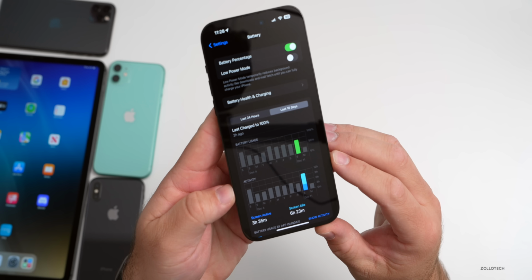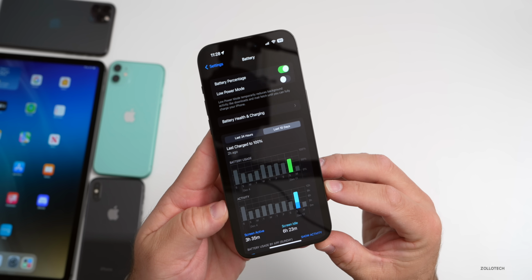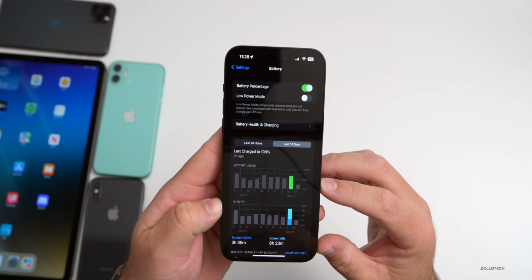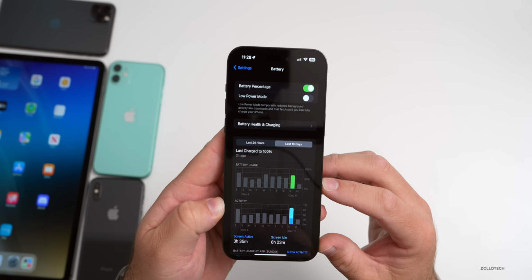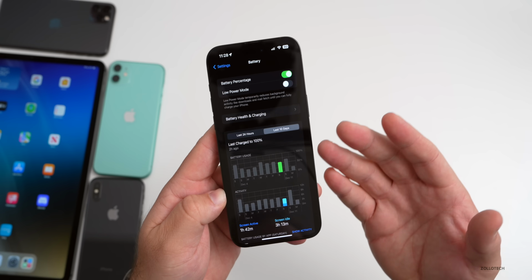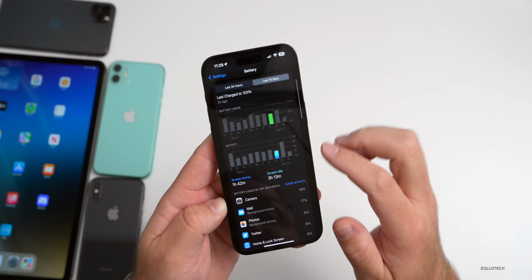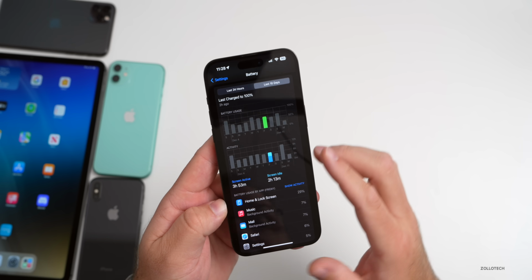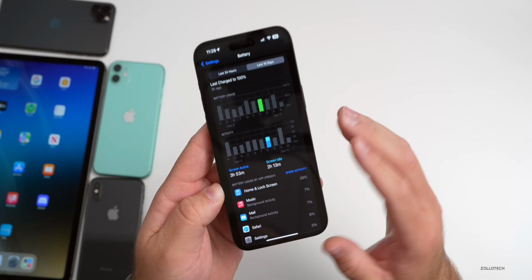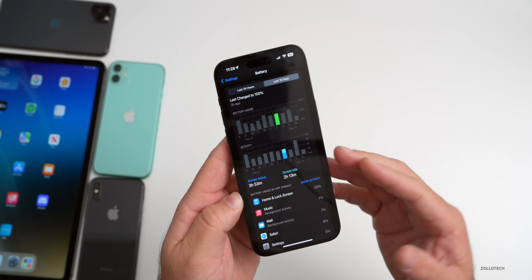So I have 3 hours and 35 minutes of screen on time, 6 hours and 23 minutes of screen idle time, and I've used about 65% of the battery. Depending on the day, depends on how well it does. My home screen seems to use an awful lot of battery most of the time, home screen and lock screen, but it gets me through the day,